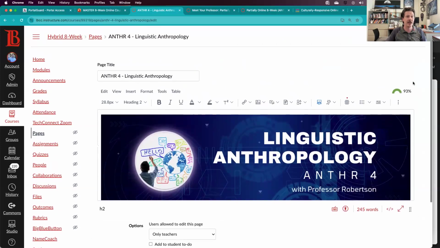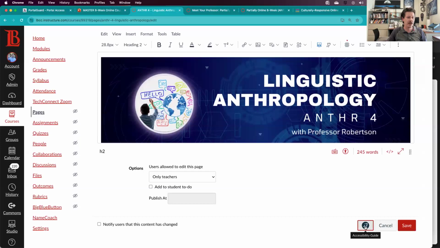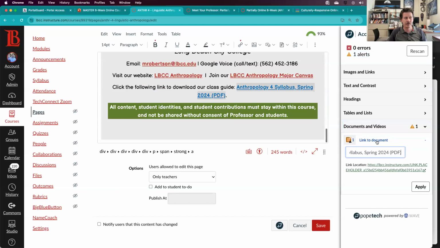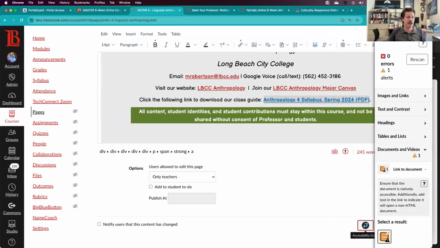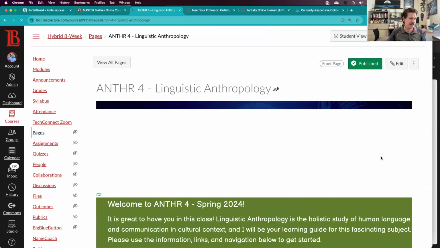Okay, so if right here it's telling me 93%, uh-oh. But when I click on the Pope Tech one, no, I have 0 errors and only 1 alert. And it's telling me that I have a document in the page. But this document is my syllabus, which I've already checked is accessible. In fact, look, if I cancel out,